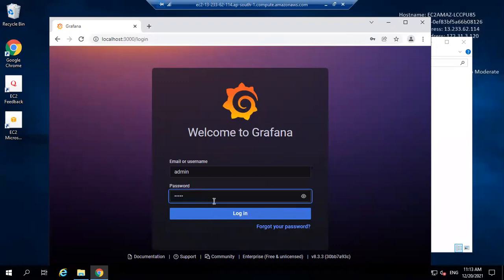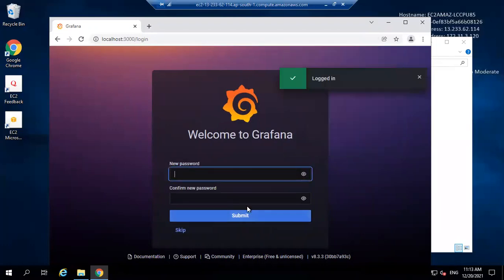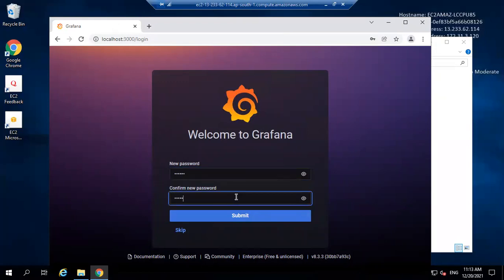Password also admin. So click on login. Now enter a new password for more security. Re-enter again. Now click on submit.